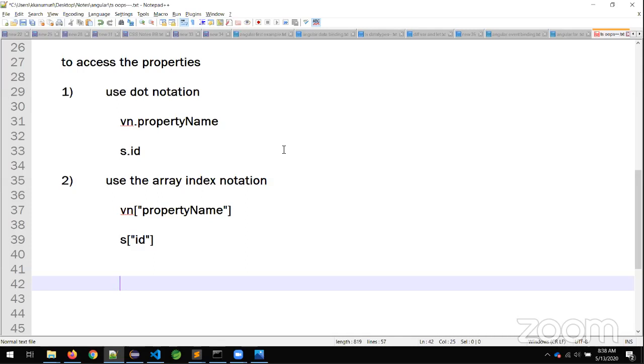Some of the Ameerpet faculties or some of the interview tutorials usually say the get method is less secure, the post method is more secure.